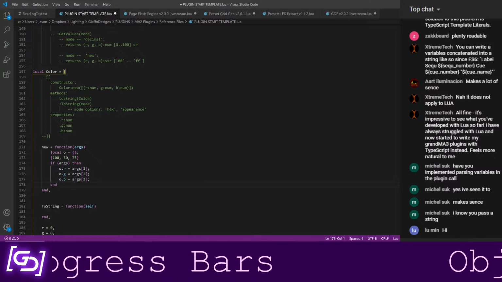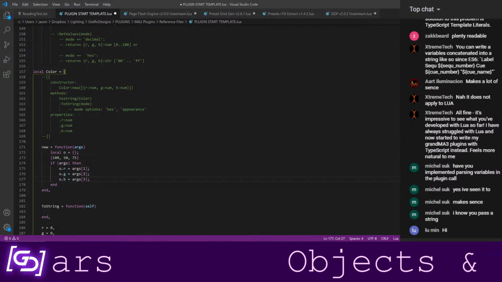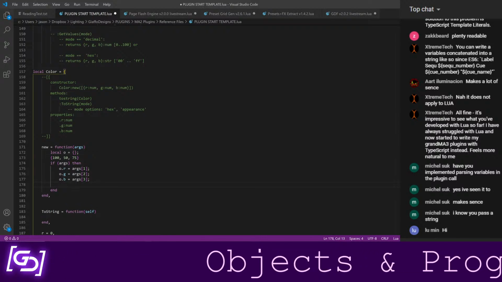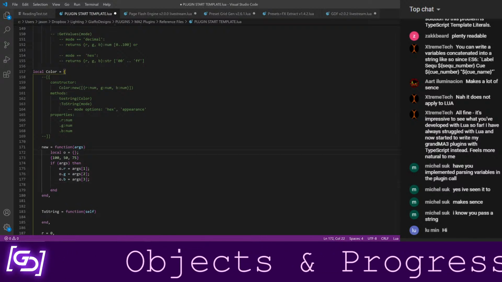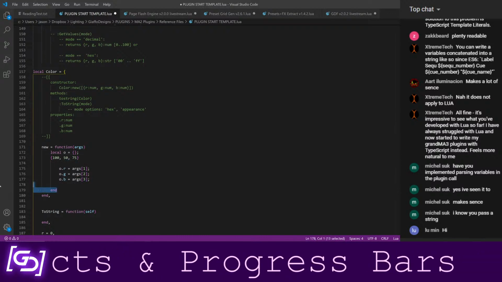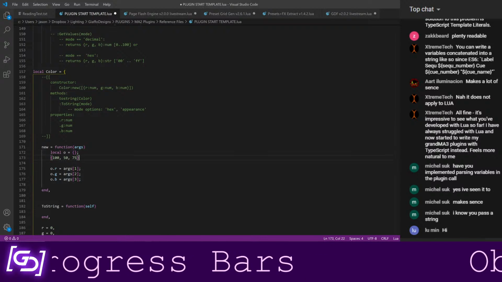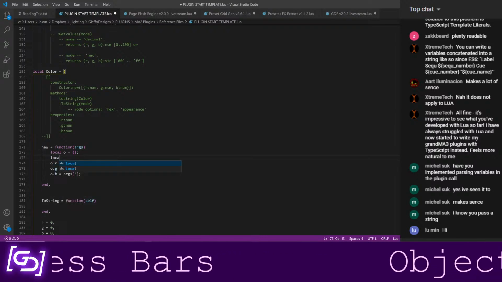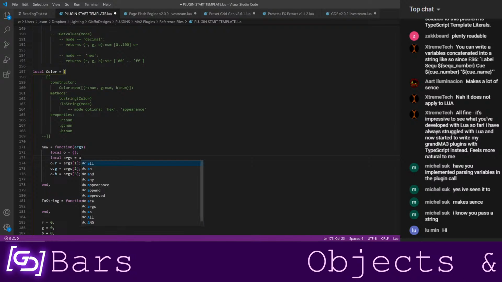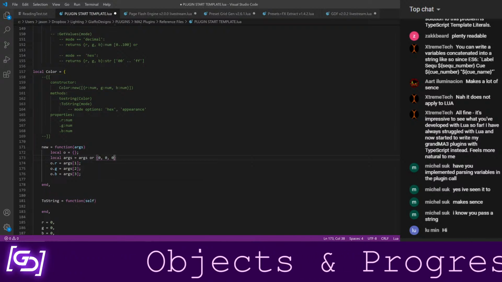So we've assigned all of those to our table, and if those didn't come in, actually, we're going to get rid of this if statement, sorry. So if there are no args, we're going to handle that now, and we're going to say local args equals the args table we got, or 0, 0, 0.